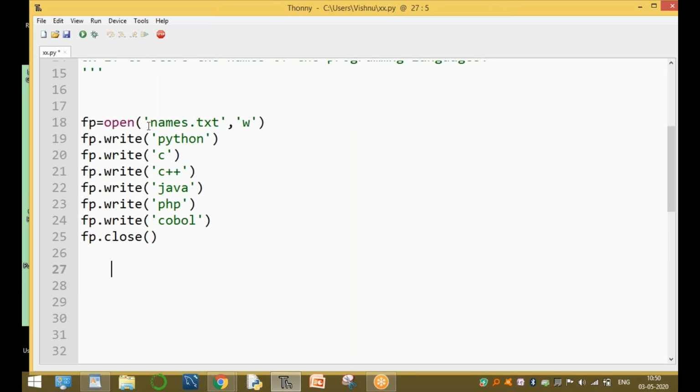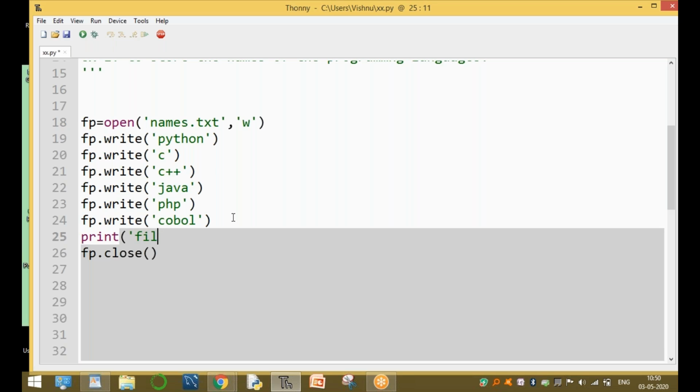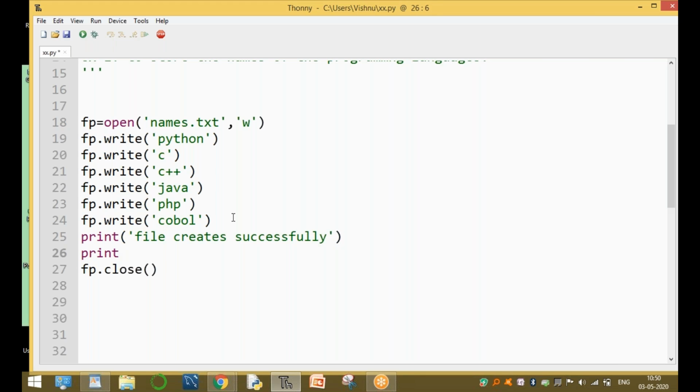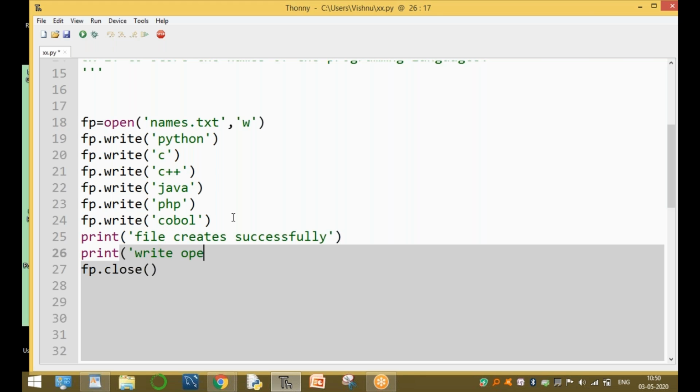Now the names.txt file is opened in w mode. The name of the file is names.txt, and the purpose is writing. Now run the program. And one small print: file created successfully.